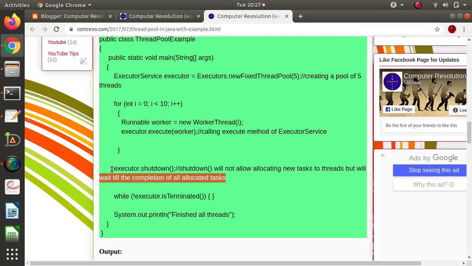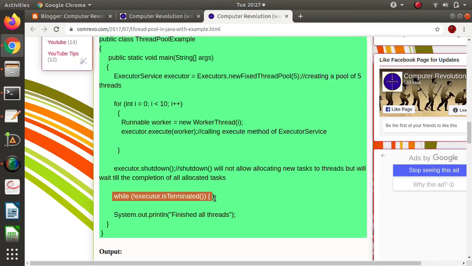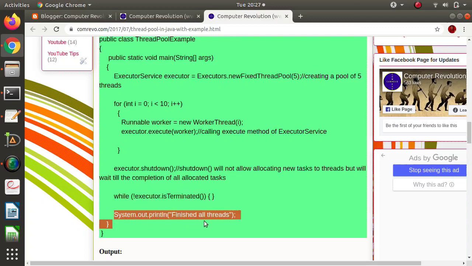This is the use of the shutdown method. Once all the threads have executed and terminated, we print one message that all the threads have finished their work. For that, we are calling the isTerminated method.